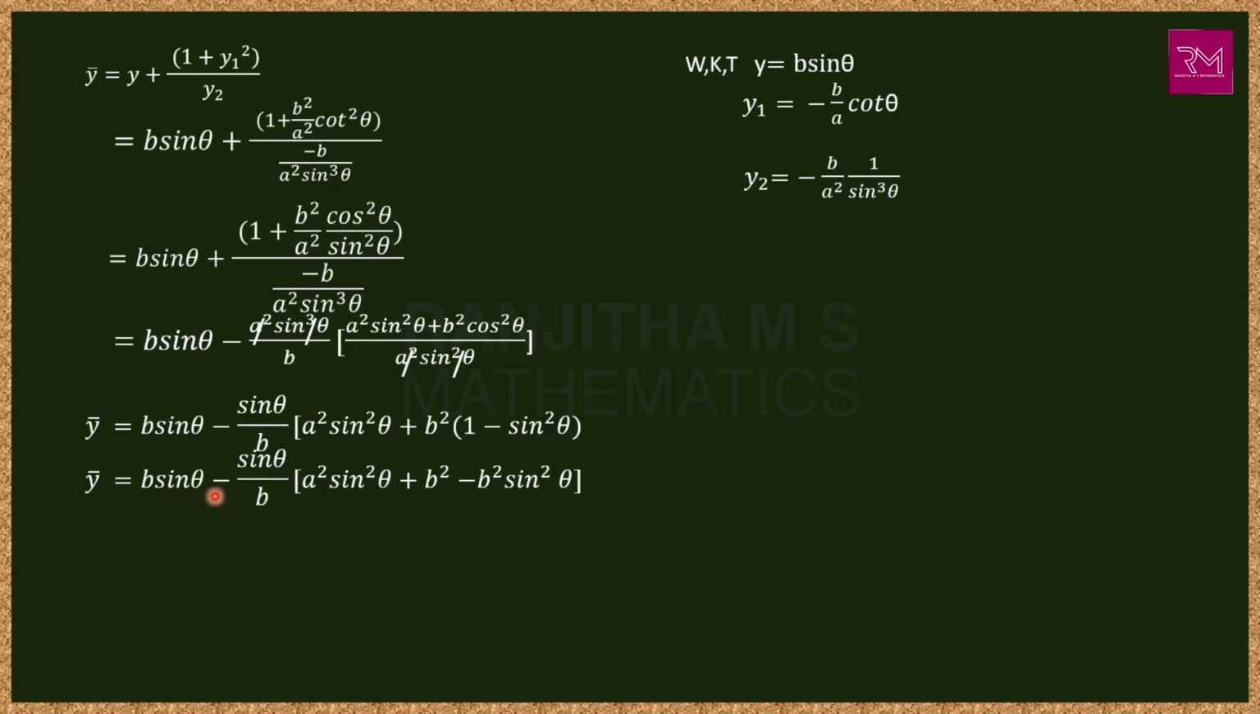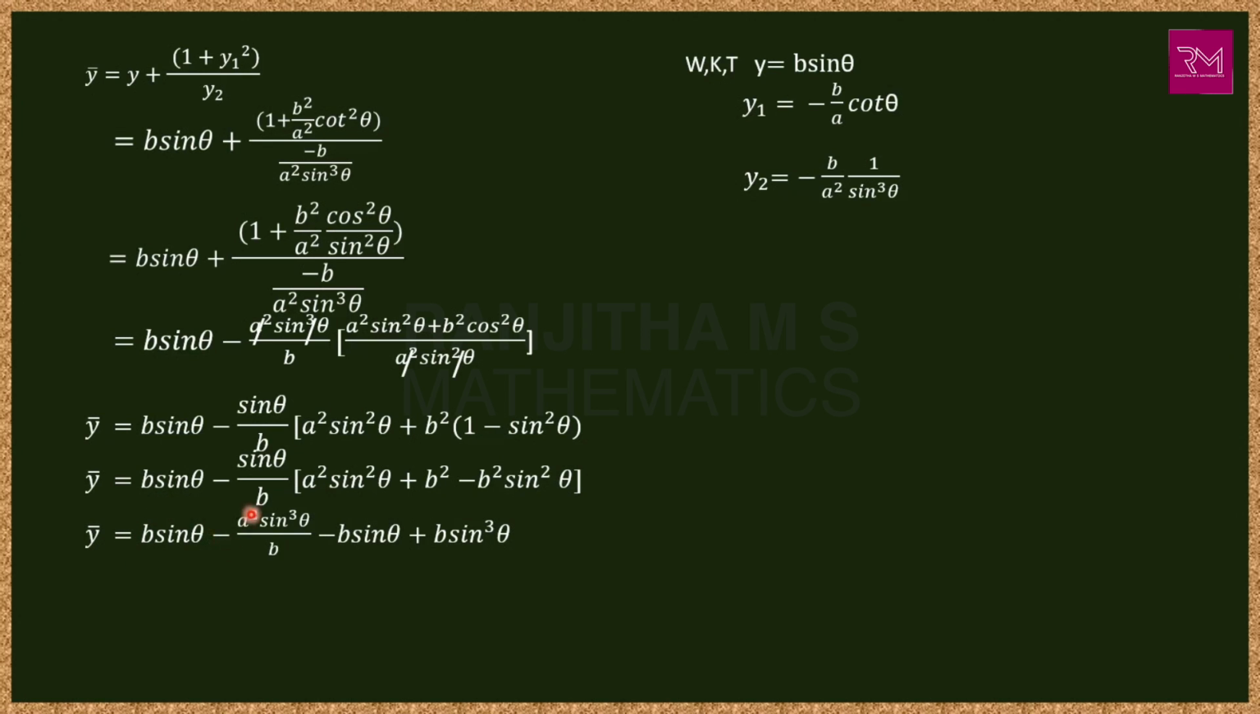Next step, we have to multiply b square inside the bracket and simplify as y bar, which is equal to b sin theta minus sin theta divided by b into a square sin square theta plus b square into 1 is b square, plus into minus is minus b square into sin square theta. Now multiply sin theta by b inside the bracket and simplify, we get y bar, which is equal to b